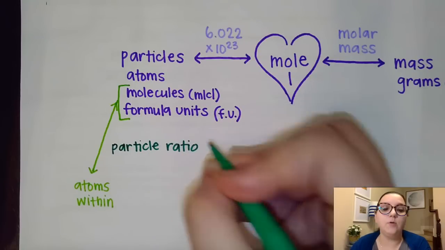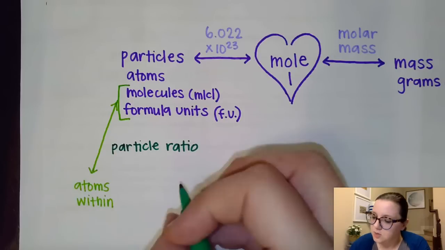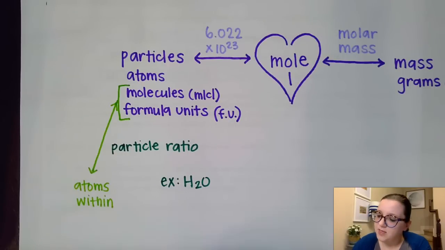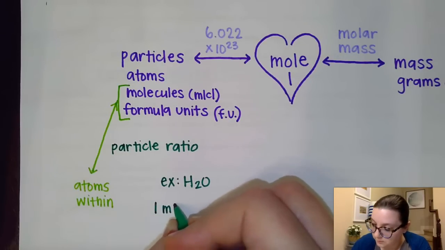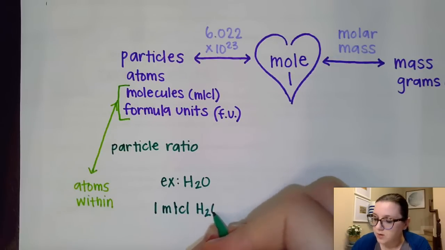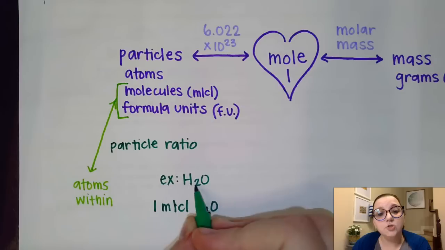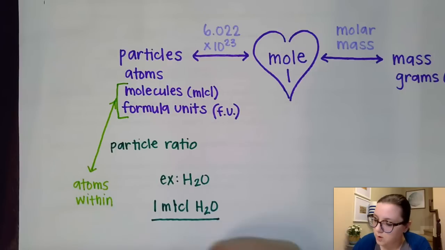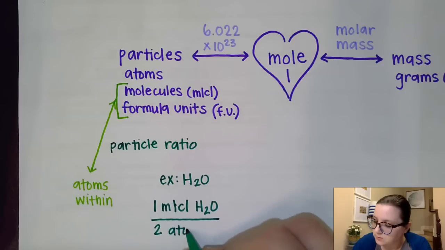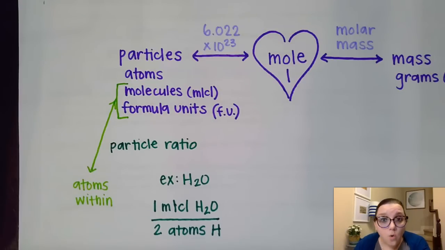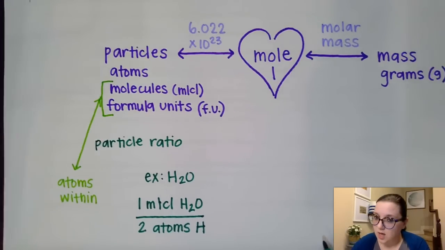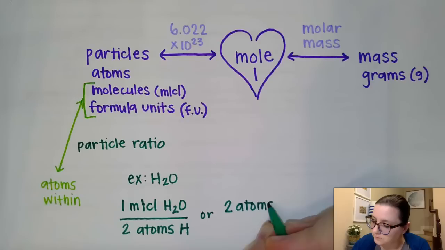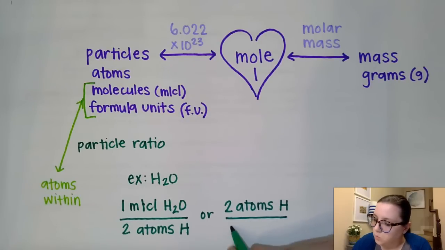Now, I want to give you an example of a particle ratio so you know what that means. So let's talk about, for an example, water, which is H2O. If I think about having 1 molecule of water, I know for that 1 molecule of water, there are 2 hydrogen atoms inside of that. And so I could set a ratio where I say 1 molecule of H2O for every 2 atoms of hydrogen. Or, depending on where I needed those units to cancel, I could also say, for every 2 atoms of hydrogen, that would be for 1 molecule